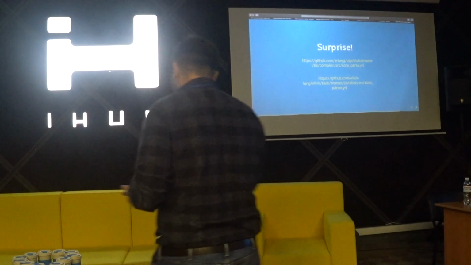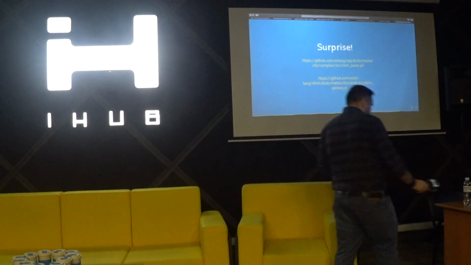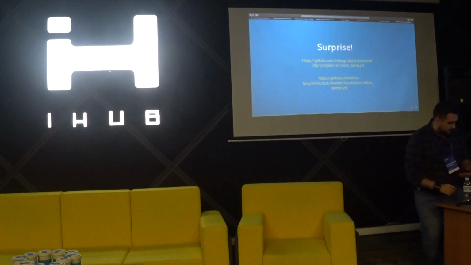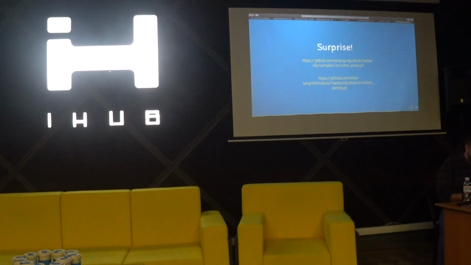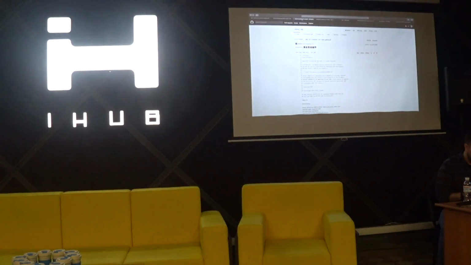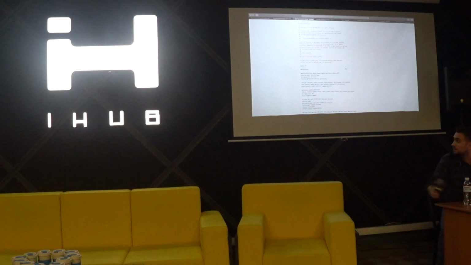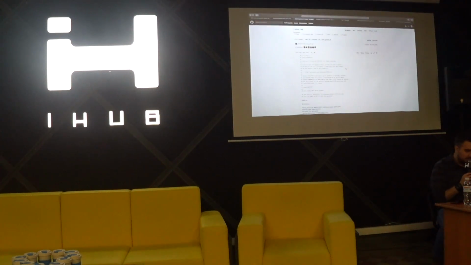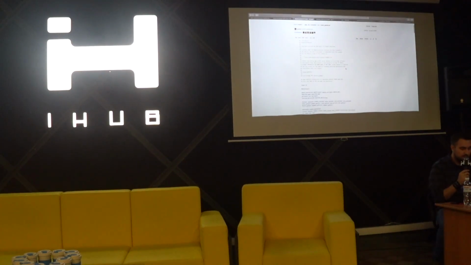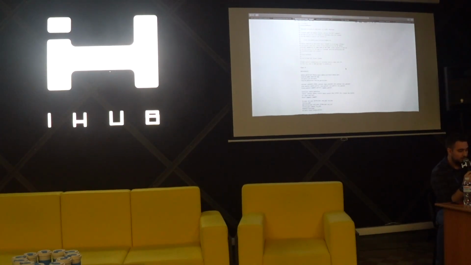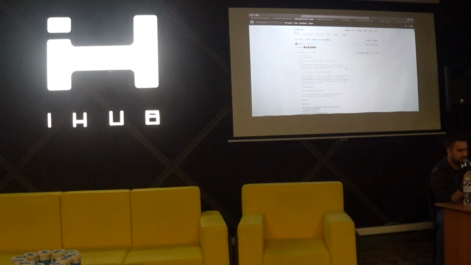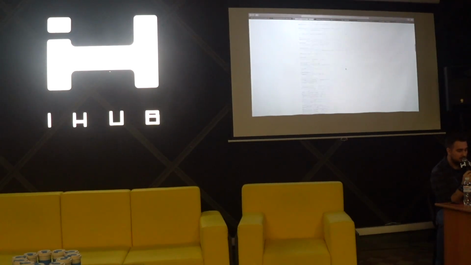I'll just show you for a second. Here is the file which provides the ability to build syntactic sense around the Erlang language.